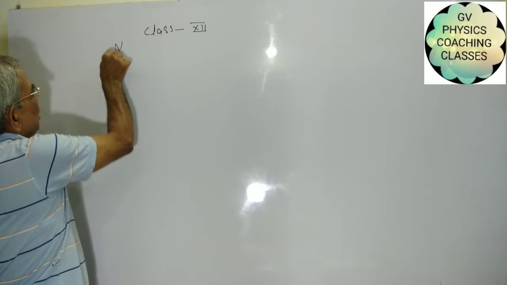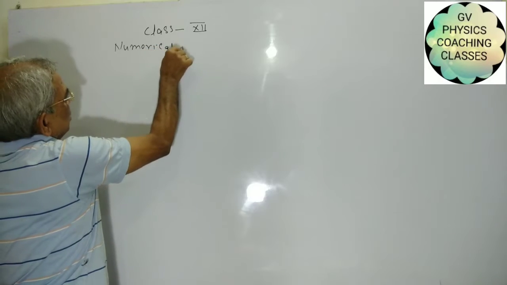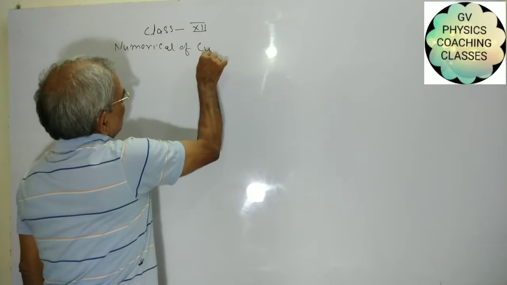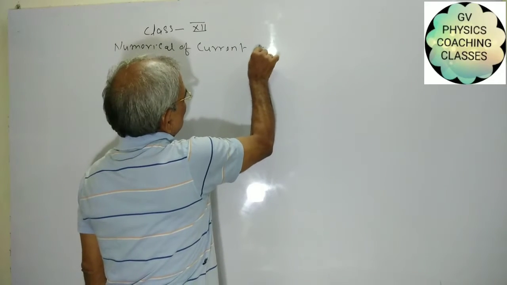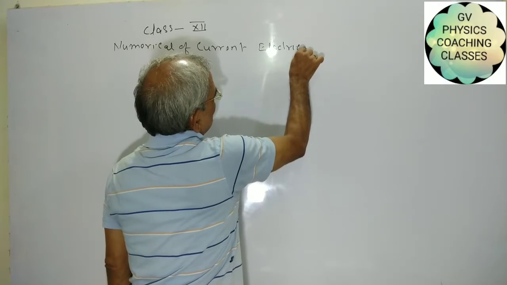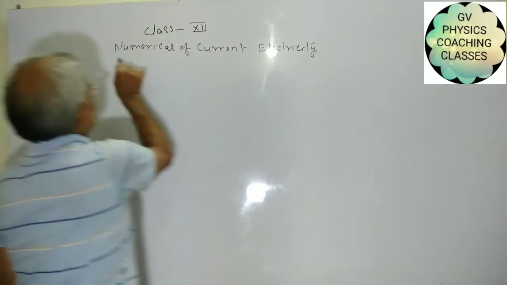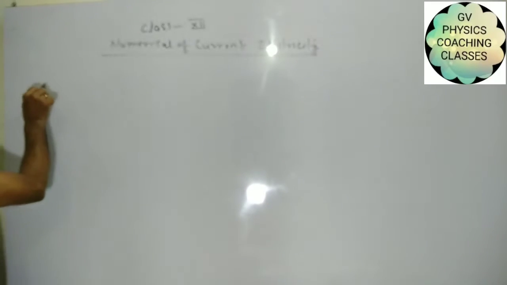Numerical of current electricity. Our first numerical is